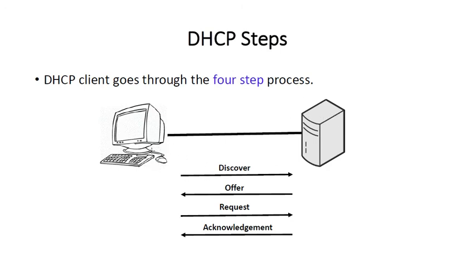The first is the client request based on the DHCP discover packet, and thereby the offer of IP addressing information is sent from the DHCP server, and then the client is going to send the DHCP request to that particular server. Based on that, the DHCP server approves the lease and sends the DHCP acknowledge packet that consists of the duration and configuration information. So this is how the DHCP works.